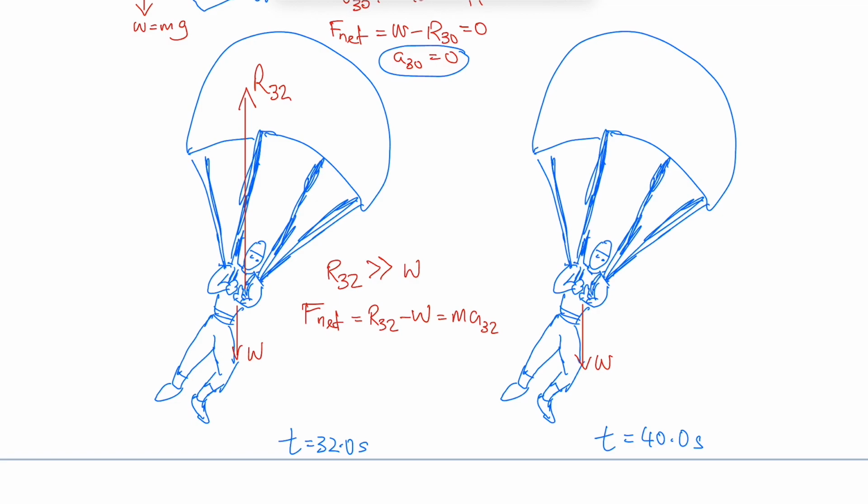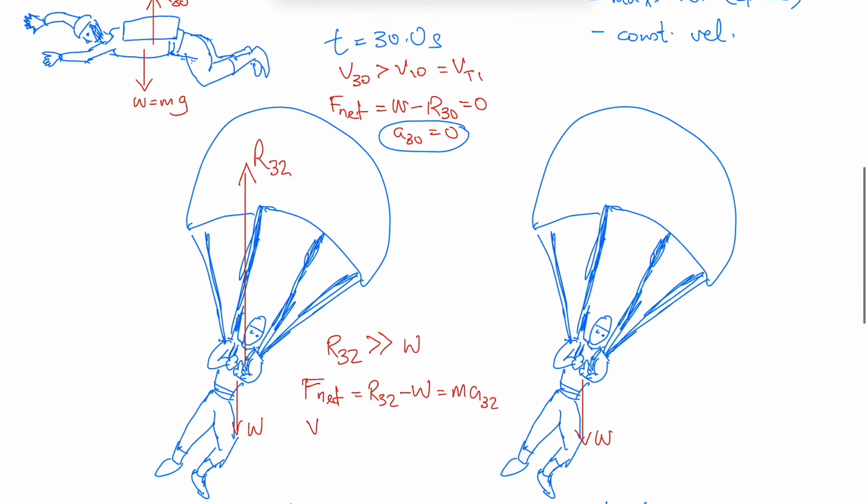Now A32 is directed upwards because R32 is up, it's larger, the resultant force is upwards. So acceleration is upwards, and the motion of the skydiver is downwards. So in effect, the acceleration upwards would slow down the speed of this skydiver as it comes down. So maybe at time t equals 32, the terminal velocity earlier is the same, T1, but because of this presence of a larger resistance, this air resistance R32 would slow down the skydiver, and